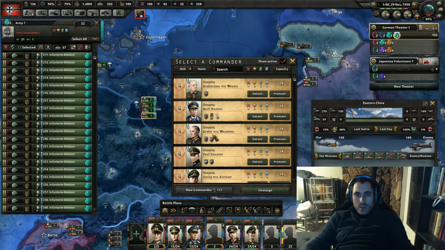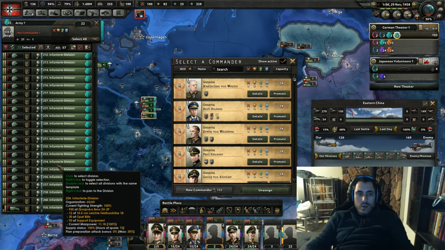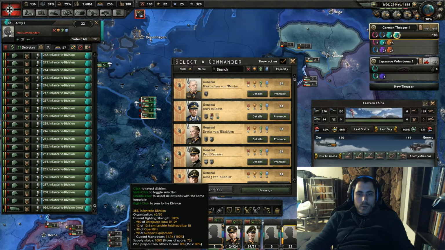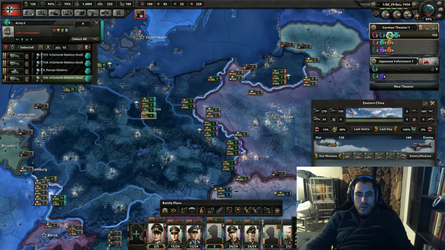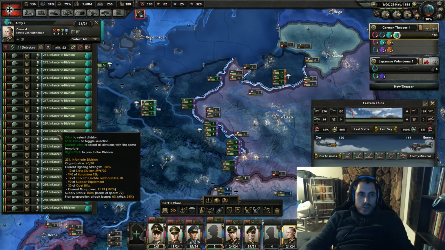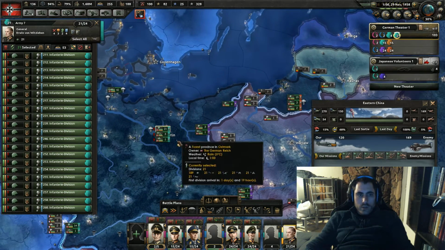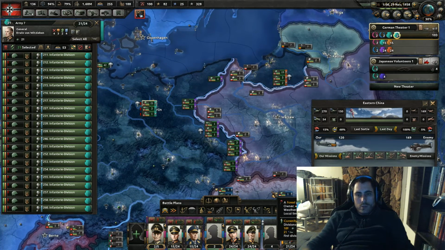We'll go with Erwin von Witzleben for a complete infantry army. Oops, you weren't supposed to have motorized, but we'll fix that. There you go. Full infantry, 21. We're gonna give you